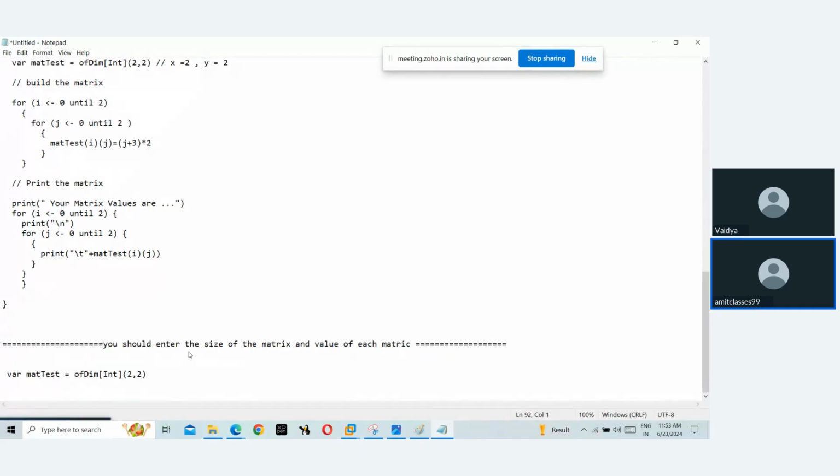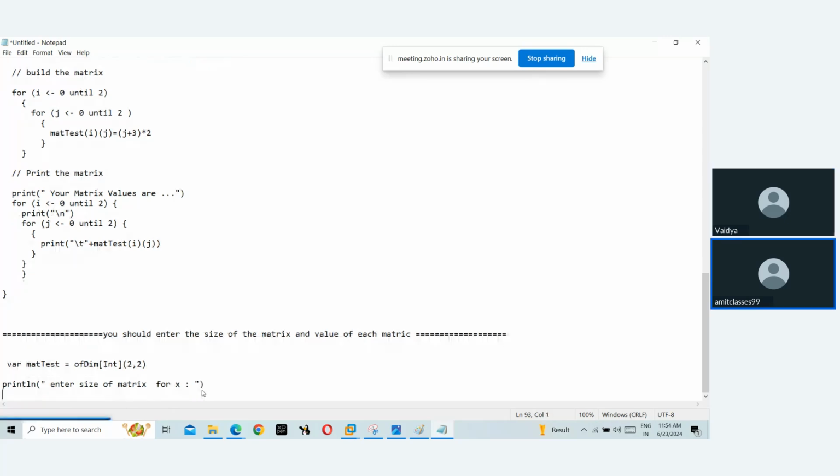So first of all, we should declare two variables, x and y. Two variables, A, B or X, Y, we define it, and then that would be the input here. First of all, I can say println and enter the size of the matrix, x element, right? Size of the matrix for what? For x,